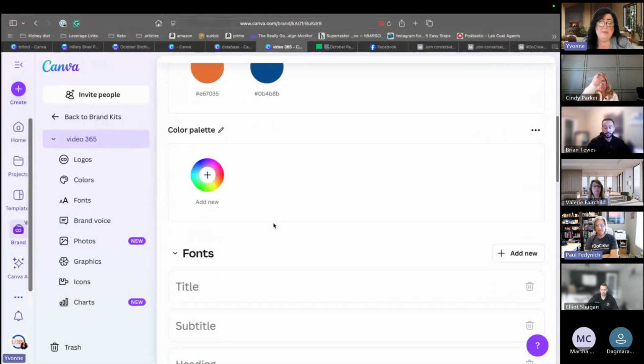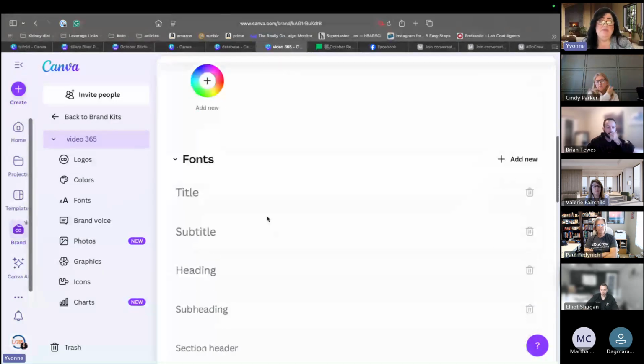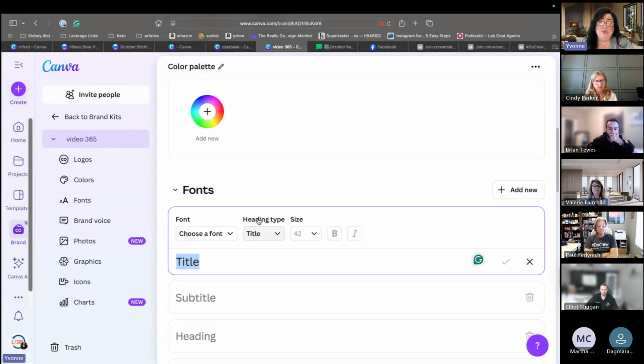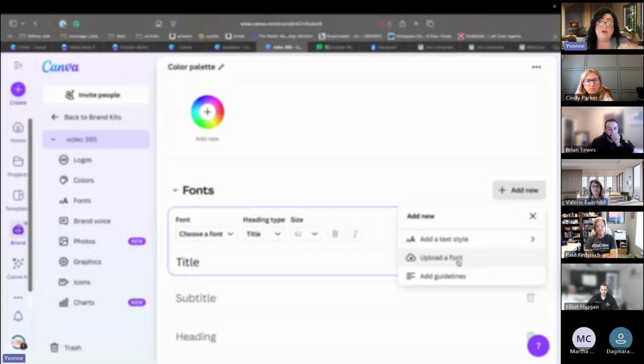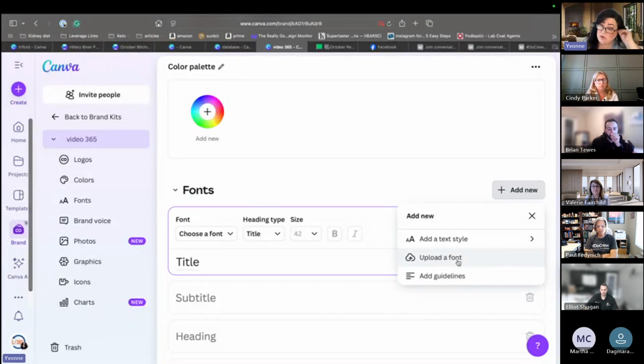Easy enough. And then if you have a particular font that you're using with your brand, you can just add the fonts right here by selecting the style. Or if you have a font that you've gotten from a graphic designer, you can upload that font, because Canva obviously doesn't have every single font in the world.